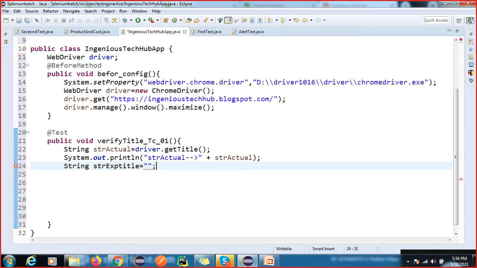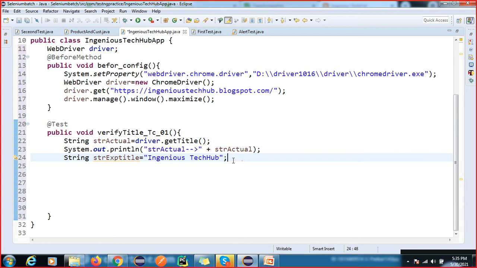I'll copy this title. Okay, so I'm just considering this is Ingenious Tech Hub. So this is the same, whatever we have done, but here we are implementing with TestNG.